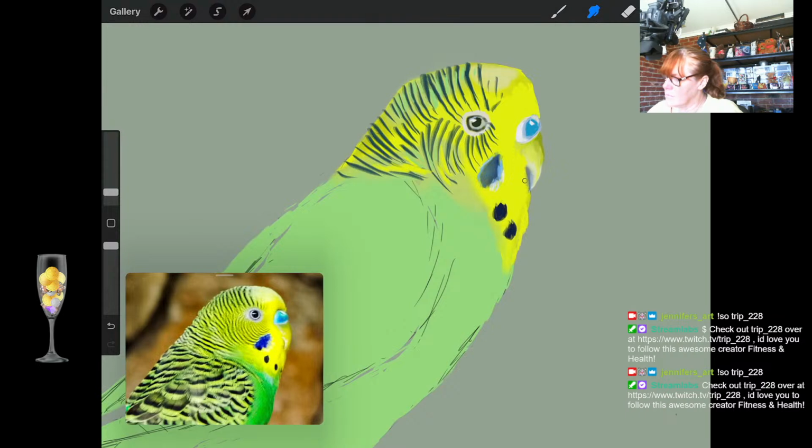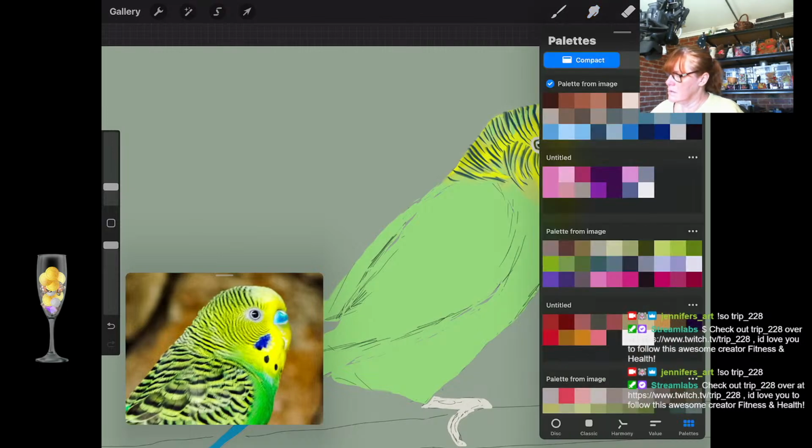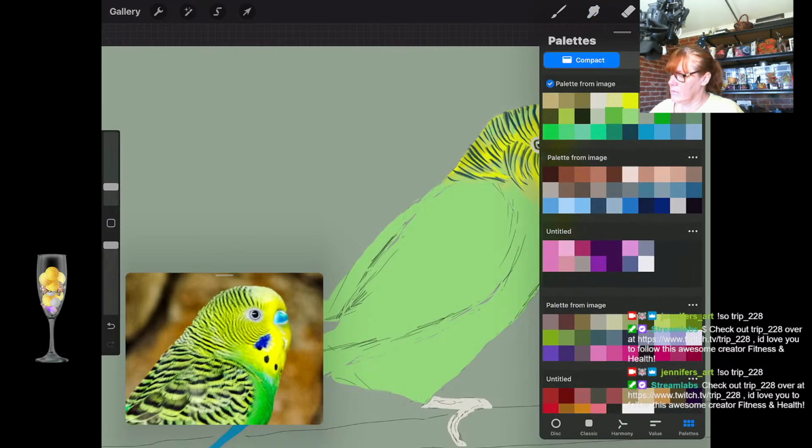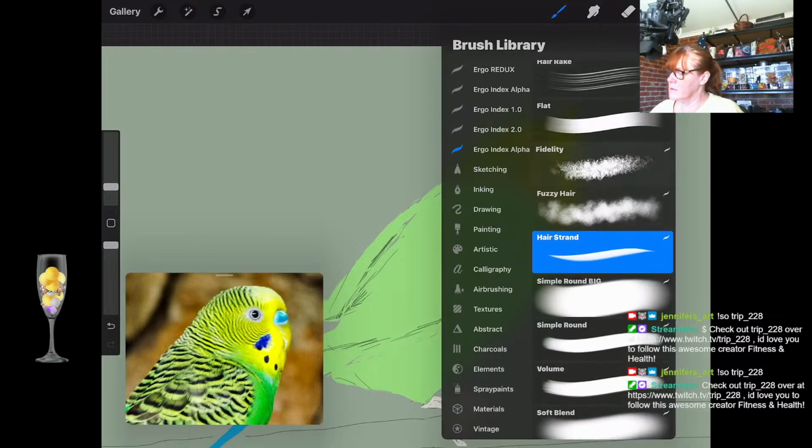Just a tiny bit, because I'm not 100% happy with that shape. There we go. Okay. So now I'm going to add the green on his chest. So it's a darker green, a stronger green. And I'm going to find,